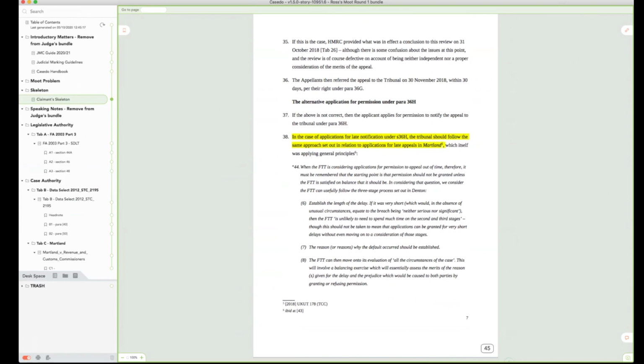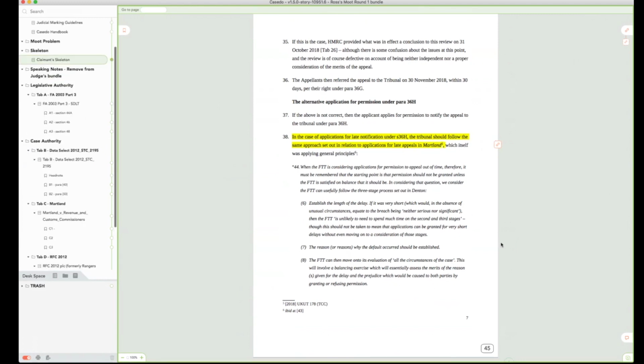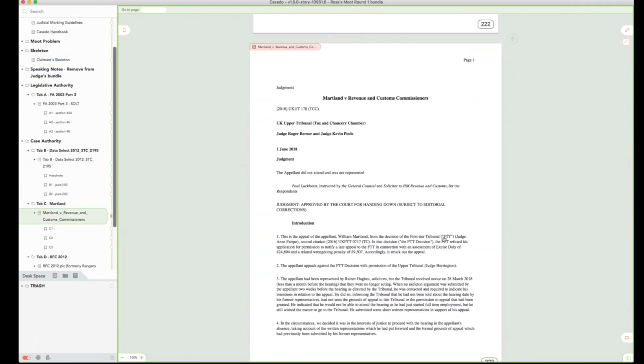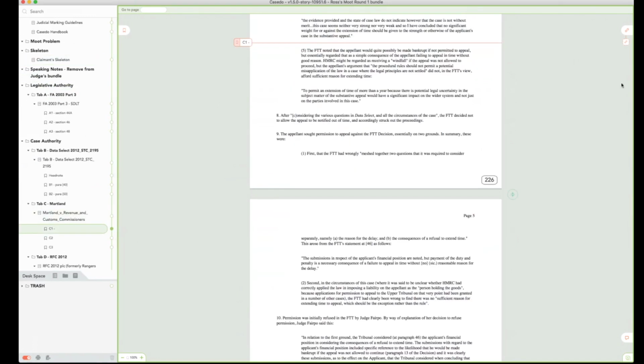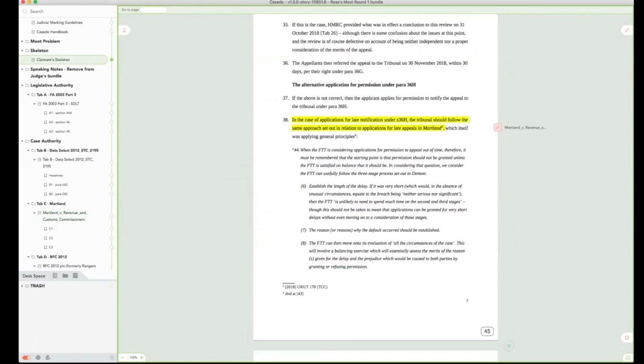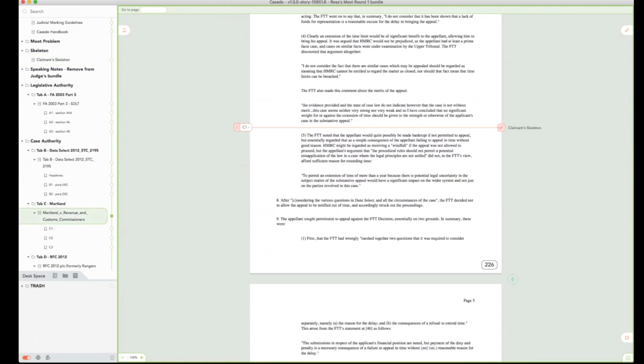So if I was in this part of my skeleton, I'd reference a case. What I'm also going to want to do to help the judge is to drop a cross-reference. I do that by dropping this link onto the page, and that adds one end of a link on the right-hand side. The other end of the link waits for me up in the top right-hand corner. So I can now go to the Martland case, and I might want to go to the specific bit I want to say the first reference, and I can drop this other end of the link on the page there. That gives me a two-way link between my skeleton, where I reference the case, and the case, or a particular paragraph of the case that I'm referencing.